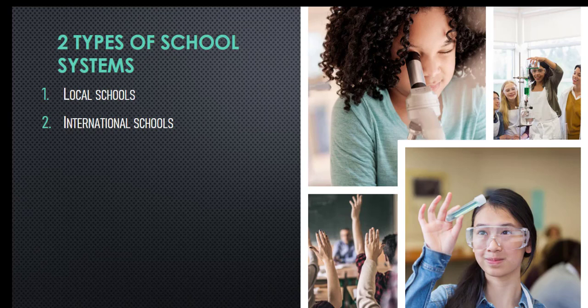So in my whole primary levels, from level 1 until level 6, I studied in local school, which is Malaysian school. And second one, after my primary school, when I entered high school, I went to international school until I finished my IGCSE exams. So I studied 5 years in international school and 6 years in local school.